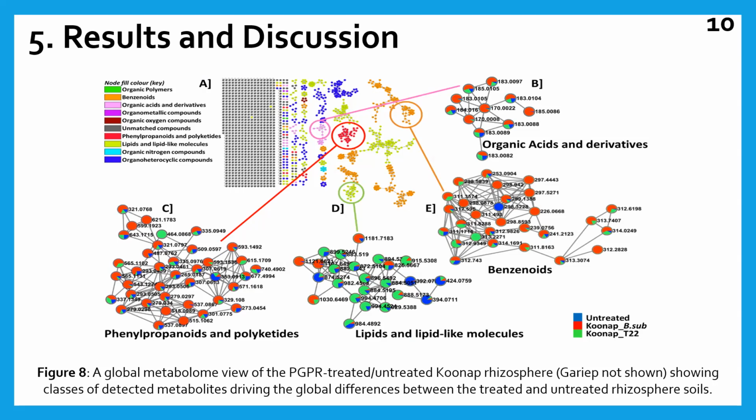were more enriched with benzenoids, which are considered agriculturally relevant specialized plant metabolites and are important factors in plant microbe interactions, particularly in parasite recognition in cereals. Cereals include crops related to what we're working with here, wheat. So what we are able to deduce from this is that the rhizosphere of plants that were treated with Bacillus subtilis was more enriched with these benzenoids. And if they are agriculturally relevant specialized metabolites, it means that